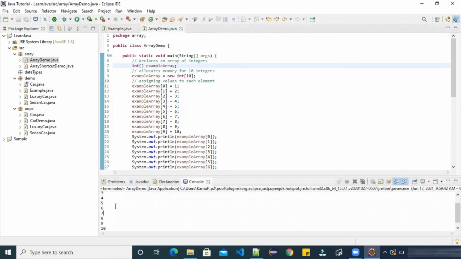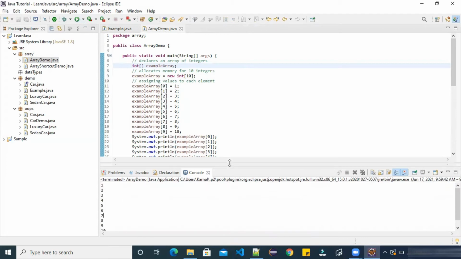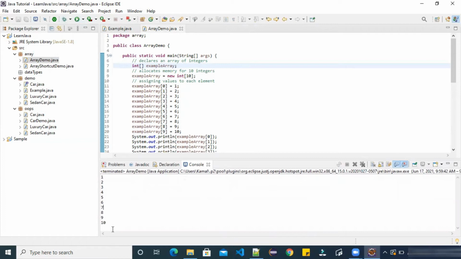See, again, there are multiple ways to execute our Java program. Now I'm not able to see this output completely, so I will shift this a little bit up so that I can see the complete output. So you can choose any one method to execute our Java programs.